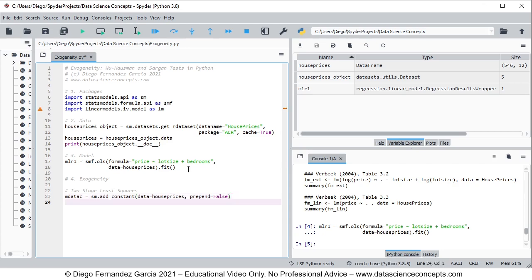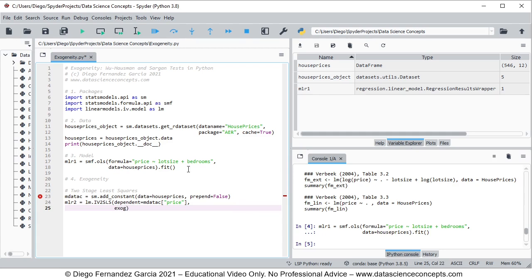And now that we have this ready, we can continue with the following code line, in which we're going to create an object named MLR2, which stands for multiple linear regression 2, and it is equal to, and here we're using LM feature from linearmodels dot IV2SLS, which stands for instrumental variables two-stage least squares function, and within it the following parameters, which are dependent variable equals to mDataC object. We're going to select its price column, comma, and at the following row we have EXOG, which is the exogenous